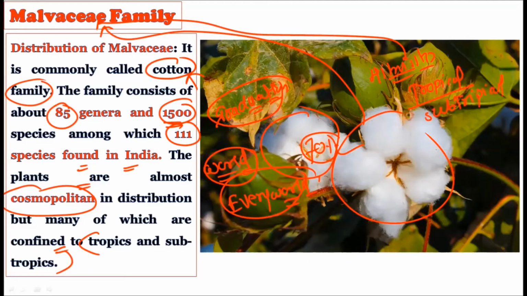That is why you can imagine the Indian subcontinent offers very favorable conditions, because in the Indian subcontinent you will find subtropical conditions, and these are very, very favorable for Malvaceae family members, and hence they are found throughout India. Although they are not that numerous in the temperate region like northern India, in the tropical and subtropical areas they are predominantly present. So whenever you talk about the distribution of the Malvaceae family, they are cosmopolitan in nature. They are found everywhere, mainly in the tropics and subtropics, but their distribution is actually quite worldwide, that is, cosmopolitan in distribution.